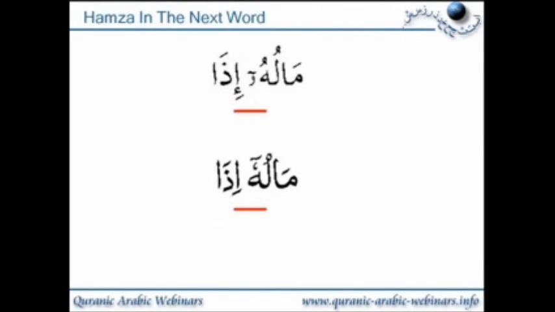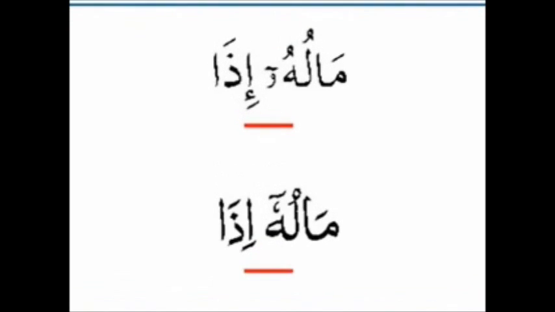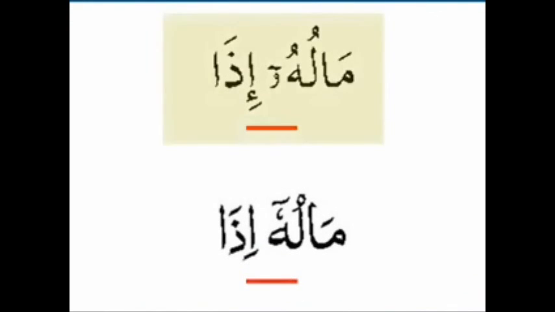Again, another example of hamza in the next word. So here we have ma luhu. So normally this is another way of writing the long vowel combination of dhamma waw, so the little waw is written there instead. So that hu is normally 2 long. However, the next word idha begins with hamza sitting under an alif, so again it will force the long vowel to go from 2 long to 4 long. Okay, so this would be ma